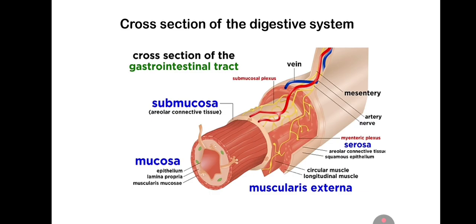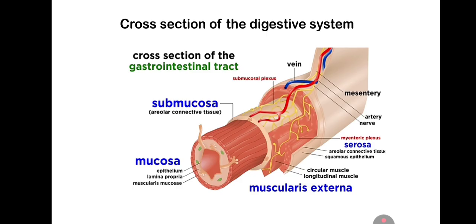Surrounding the submucosa, there is another layer called the muscularis externa, which is the muscular layer that performs segmentation and peristalsis, which helps move the food along the tract as we discussed earlier. It's made up of the inner circular layer, you can see the circular layer, and